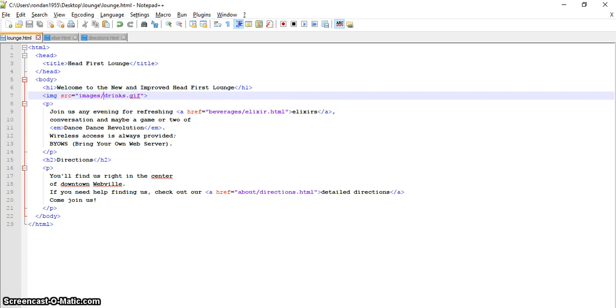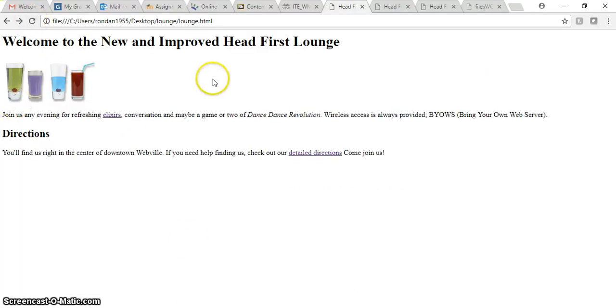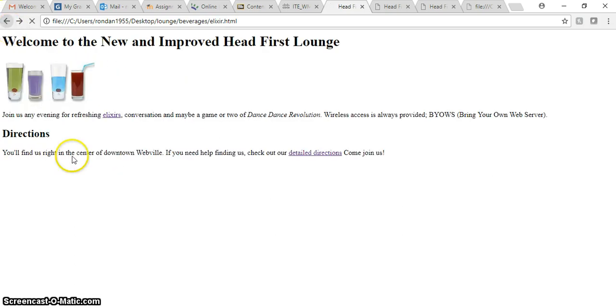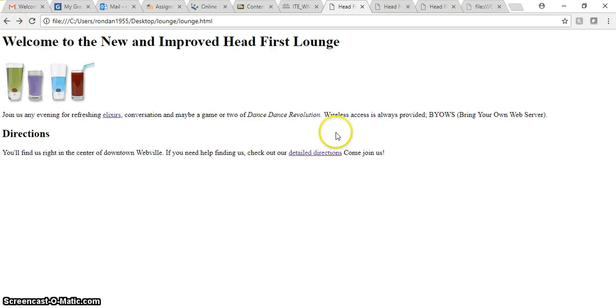So Control S, and now when I refresh my page, the picture's back, the link works, and this link works. So everything on lounge.html now works. Okay, so that's the lounge.html. Now let's fix